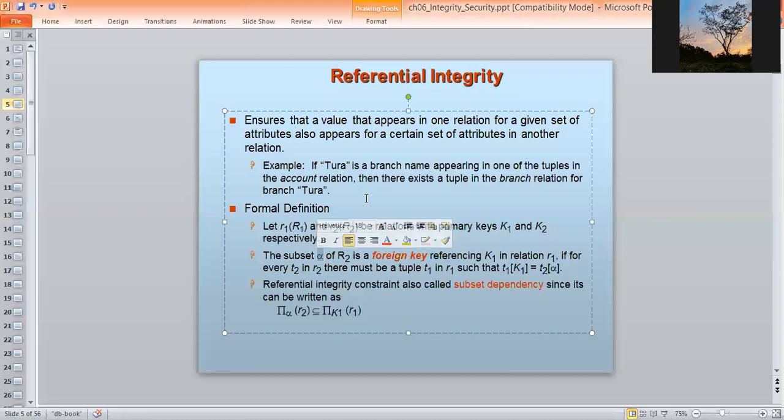That means a subset of attributes of R2 can be the foreign key referencing key K1 in the relation R1. The foreign key of R2 will be a subset of the attributes of R2, which is actually referring to the primary key of the relation R1. For every tuple T2 in the relation R2, there must be a valid tuple T1 in R1